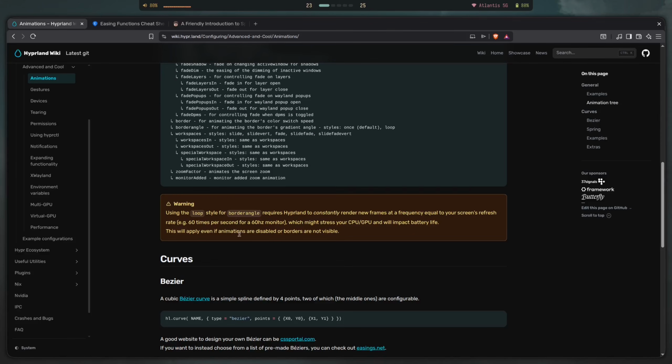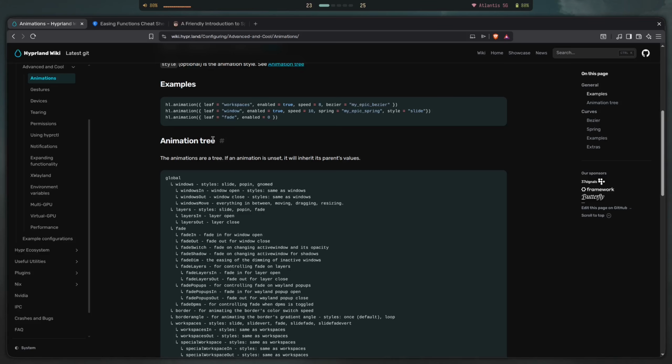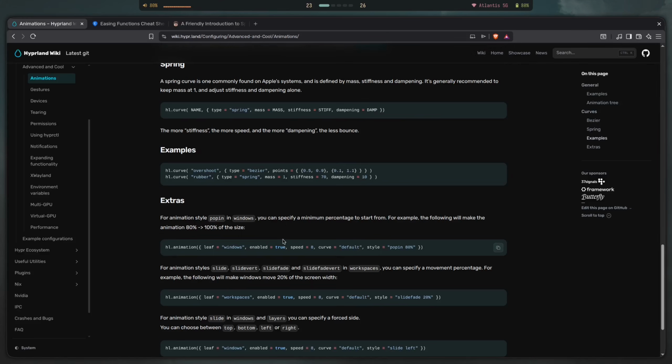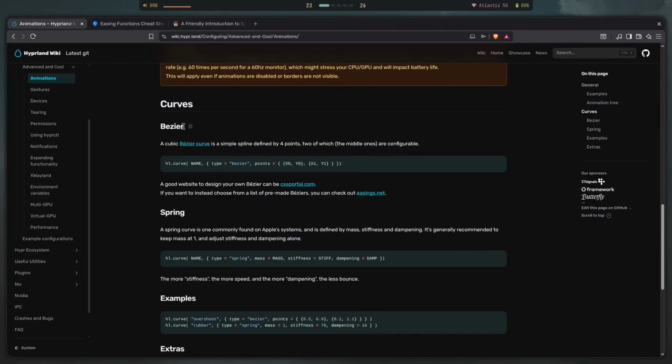That's all you need to know when it comes to animations. There's more stuff, like you have the animation tree. I have covered this in a different video. There's going to be just 2 or 3 more settings that are different compared to the last video that I've made. But I'm pretty sure these are intuitive enough for you to figure out on your own. And that's pretty much it. That is how you can use a Bezier curve, how you can use a spring curve, in order to customize